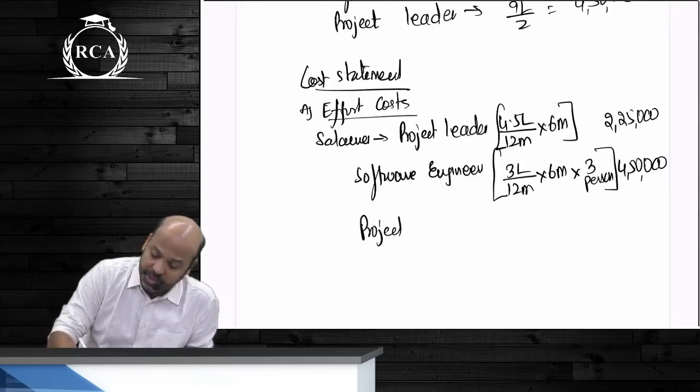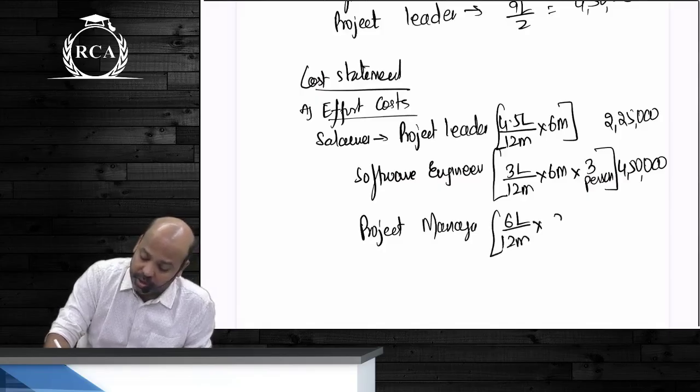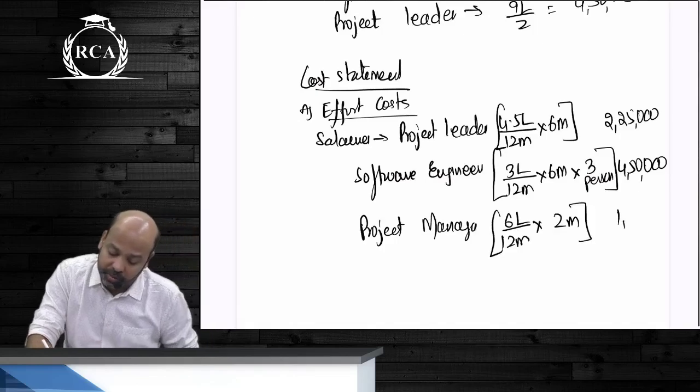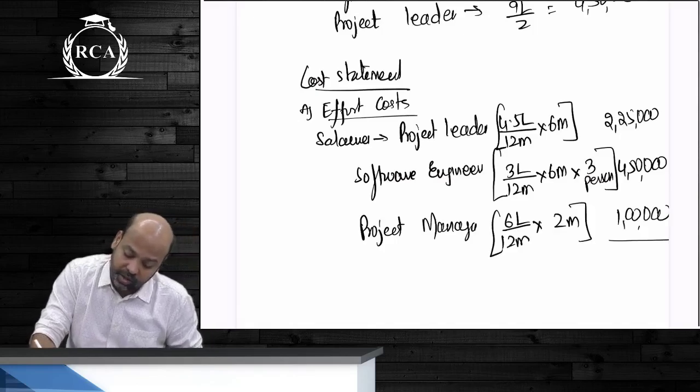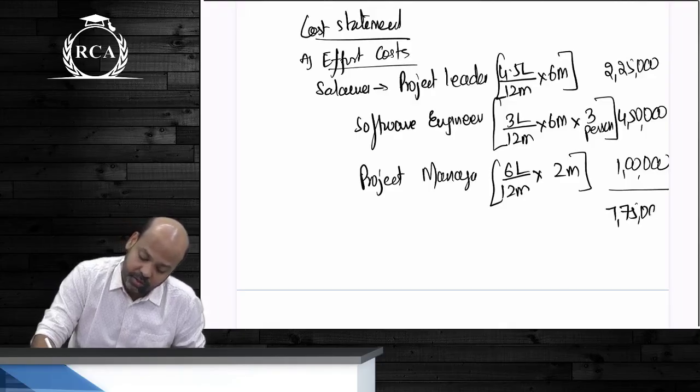After that, beta, next is project manager. This project manager ko, beta, we have to pay an amount of 6 lakh rupees for how many months? 12 months. But he's allocating a time of only 2 months here. So that will be how much? 1 lakh. Total salary effort cost kitna yahan tak? 7 lakh. इसमें I am adding share of common overheads.